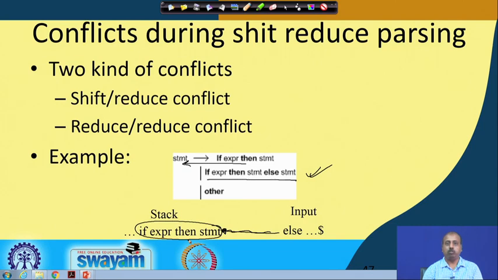We will see how to take care of this as we proceed through the classes. Some of these conflicts can be resolved by taking help of the precedence of the operators, and some can be handled by modifying the grammar a bit. But ultimately, when you are designing the parser, it should not have any conflict. So, it is the compiler designer's responsibility to do something so that the parser does not face these types of conflicts.